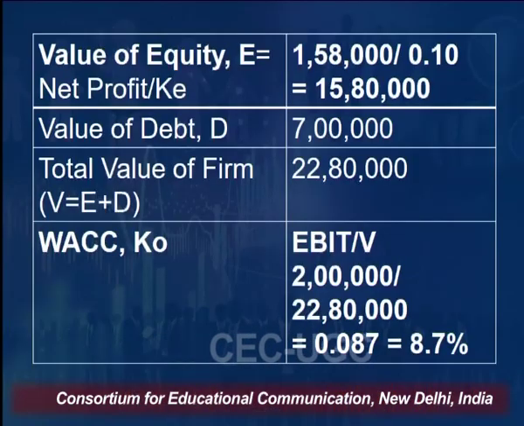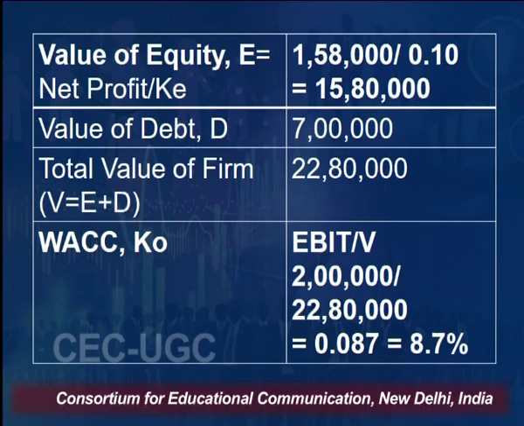Okay. So, moving ahead, let us see what happens if the debt is increased to rupees 7 lakh at 6% instead of 5 lakh. In the previous part we saw the debt was 5 lakh, so only 5 lakh will be replaced by 7 lakh. So, the interest amount will be 42,000 instead of 30,000. Now, in this case the net profit will become 1,58,000. Cost of equity is the same, that is 10%. Using this equation we will calculate value of equity, that is 15,80,000, and in this case value of debt is 7 lakh. So, the overall value of firm is 22,80,000, and using this we calculate overall cost of capital, which